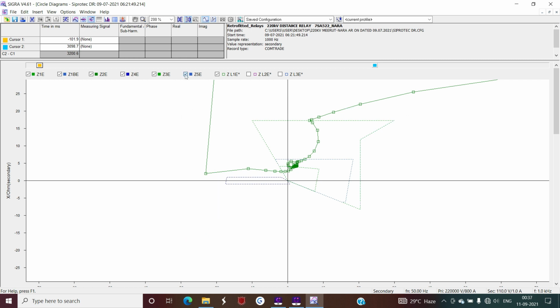Now I am going to remove each and every zone for better understanding. So first, if you see, this is a blank characteristic of R and X axis. First of all, if you click here, the zone 1 boundary will be drawn, and this is zone 1, which